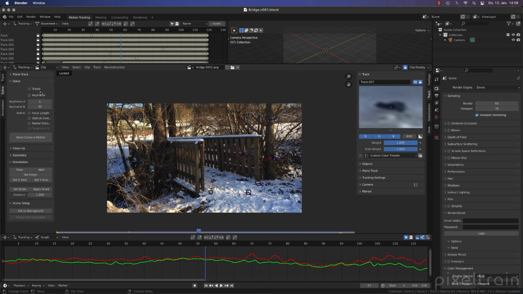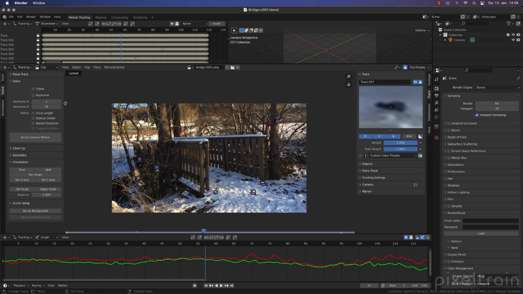Okay, we talked about the solving process before, and the first thing we now want to try, so we now recap all the stuff we had talked about, is we try that now Blender is searching for the right keyframes for us. You heard that I don't like it, but let's try it. So tick keyframe here, and now we can solve the whole thing. Let's solve it. Okay, it worked.